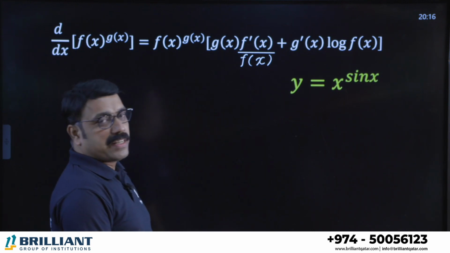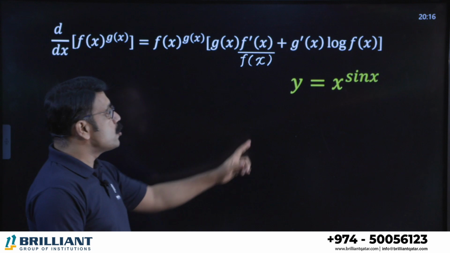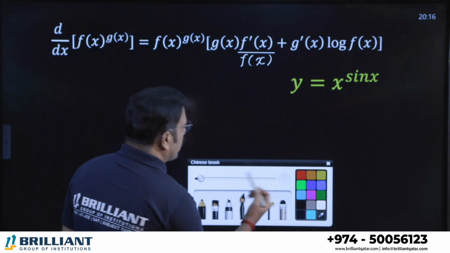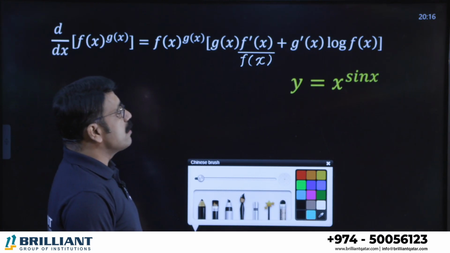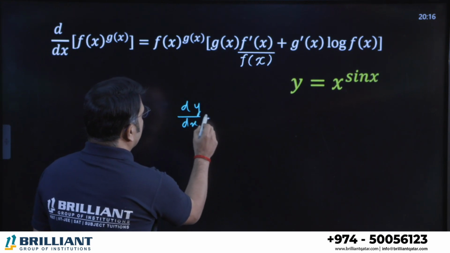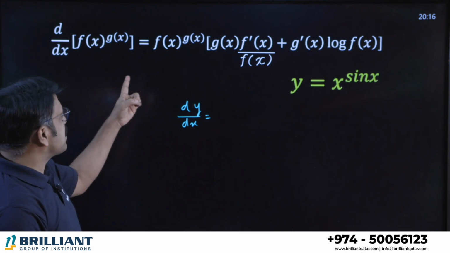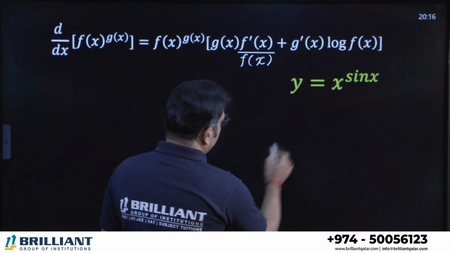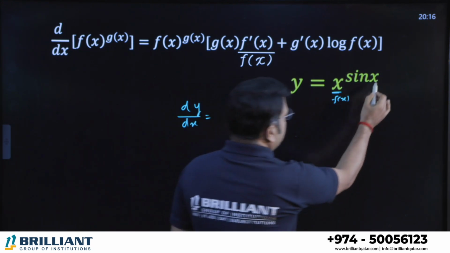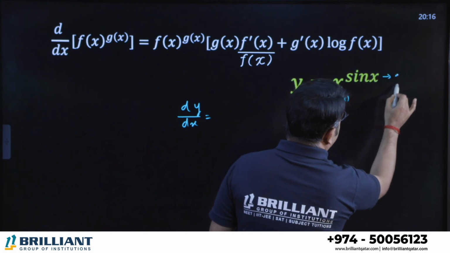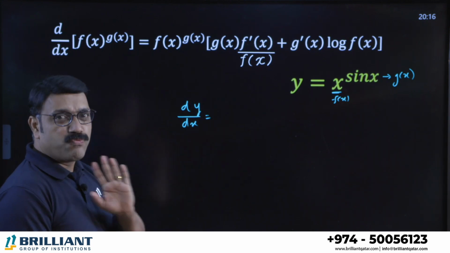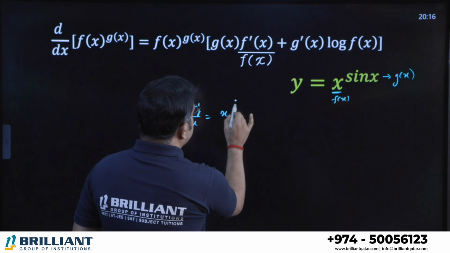So, see one example here. Question: y equal to x power sin x. How can we do this one? Here the question is, please listen, y equal to x raised to sin x. I am taking here dy by dx equal to, you know what is the formula? f of x power g of x. We can consider f of x is x, and this second one, the power here, we can consider as g of x. Then dy by dx equal to, apply the formula, same function will come, x power sin x